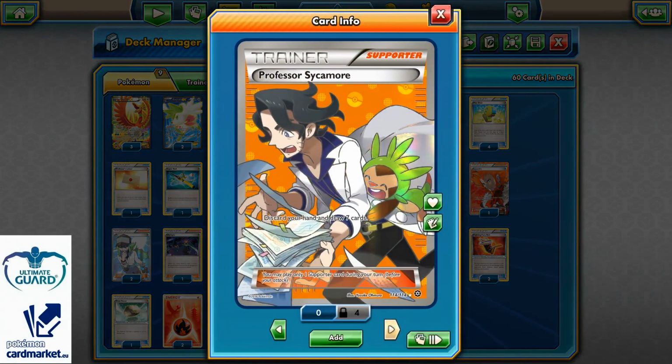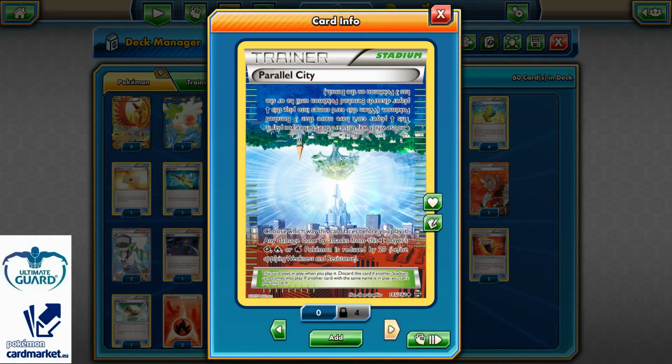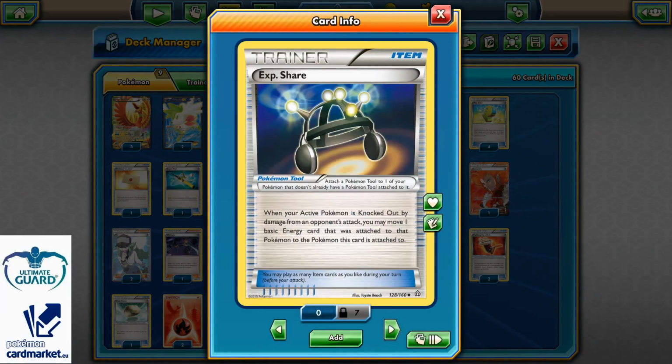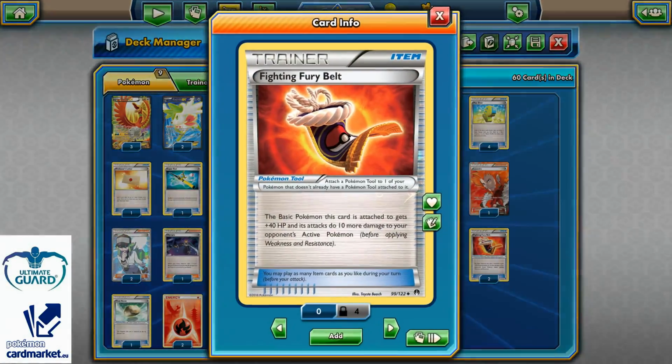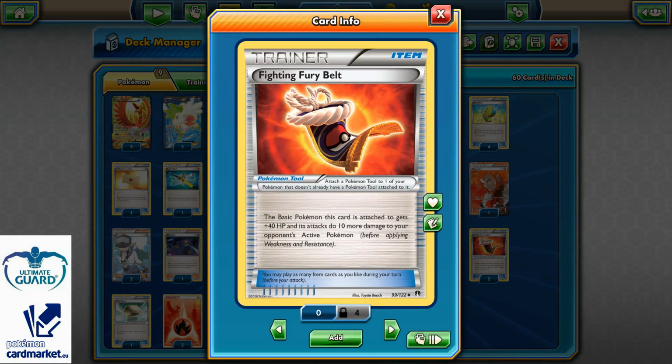4 copies of Sycamore, 1 Stadium, 1 Parallel City, as I mentioned earlier, to get rid of the Shaymins and Hoopa, and 2 copies of XP Share, very important because Ho-Oh requires 3 different energies, and sometimes XP Share can help a lot. Same thing as 2 copies of Fighting Fury Belt for extra 10 damage and extra 40 HP,